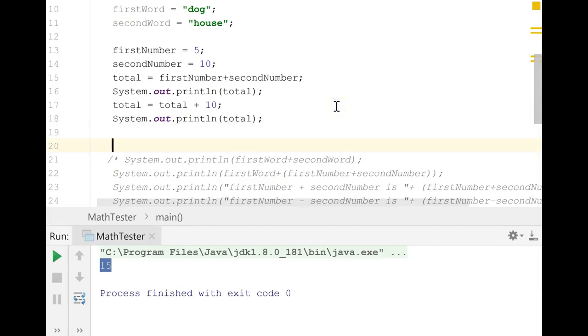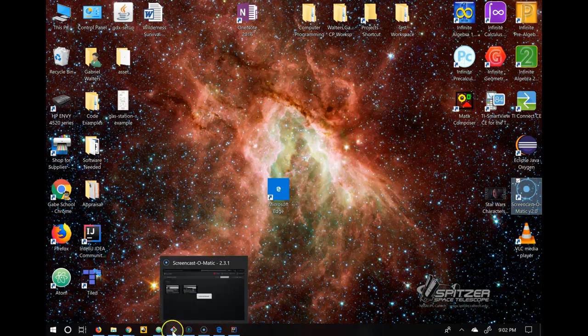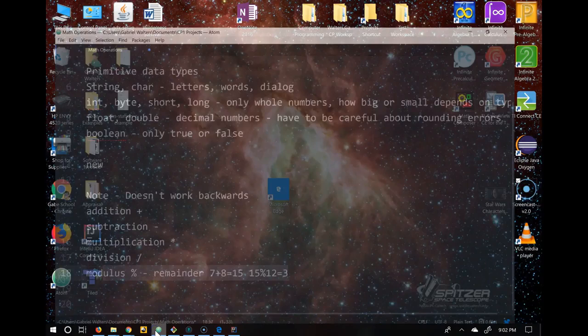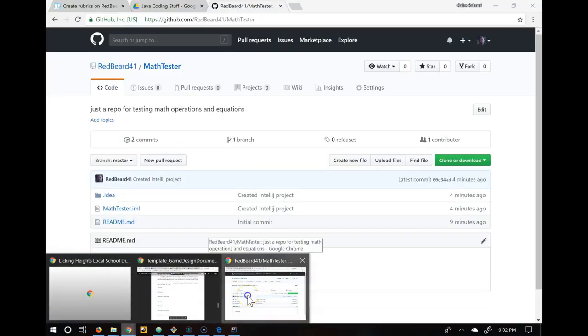We could do a BMI calculator. We could actually ask questions and then do some math on it and then print out the total. So if we were looking at an equation, let's go back, because what I want you to do is play around with the math tester to figure out the equation, and you're going to want to print it. So if I go online and I pull up the equation for BMI,